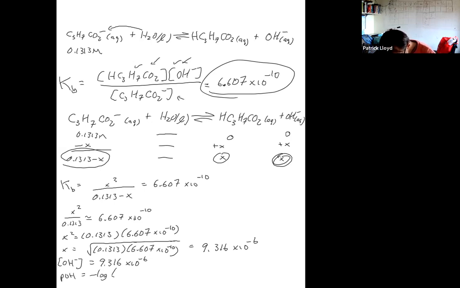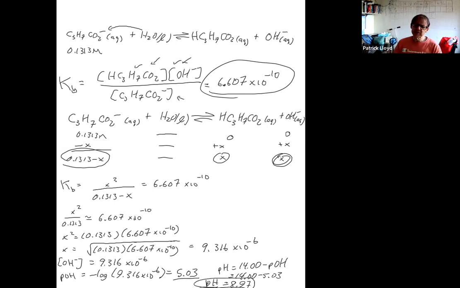It's just the negative log of that number. Okay, and when you do the negative log of that, you get 5.03. And so then the last step, pH is 14 minus pOH. So that would be 14 minus 5.03, and you get 8.97,